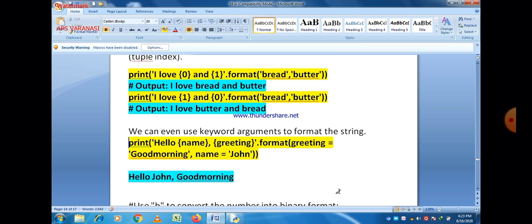If we don't mention within the curly brackets either the name of the variable or index value, then by default it is in a sequence. It means first is assigned to first and second is assigned to second. But if you give the name of the variable or a different index position, then the answer will be printed according to that. That is the main concept behind it.